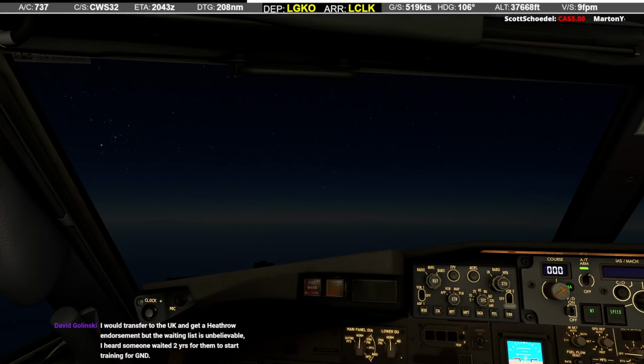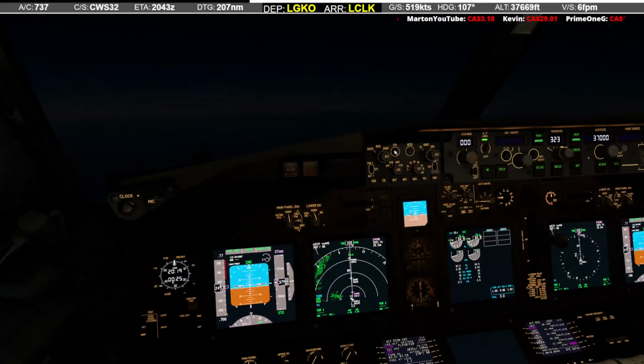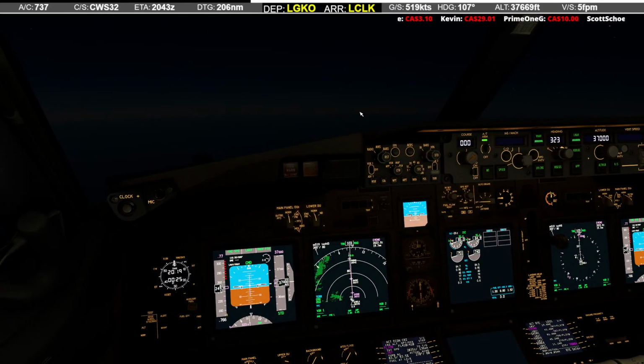That's why going for something secondary like Heathrow would be busy, but if you'd looked at something like Birmingham, Manchester, Stansted, something like that, you'd probably be able to get it sooner, and at least you'd be doing it there, and then you could put in for Heathrow, but you'd have a place that you're already working out of. So options. I don't know how they would deal with that type of thing, but